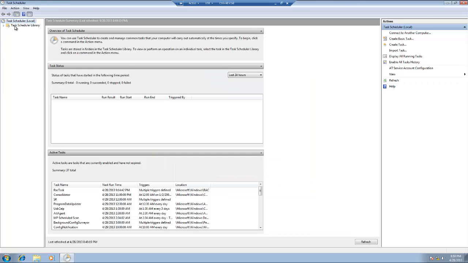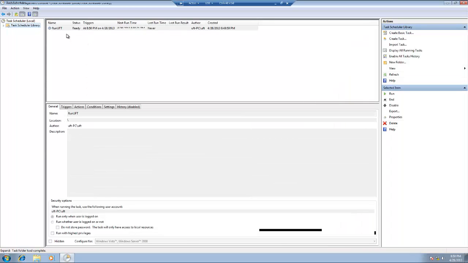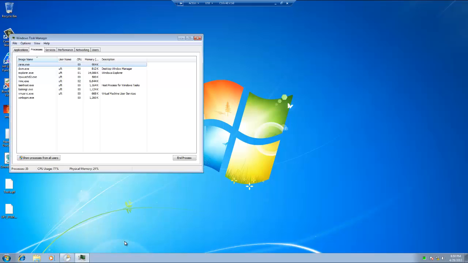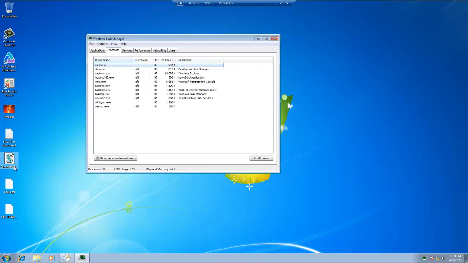Now our task will be visible in the Task Scheduler Library. It shows me that this is our trigger time and the next run time is 8:50, and it was created at that time. So let's see whether our task is getting triggered or not. Let me open Task Manager for you. It will launch our UFT and make that